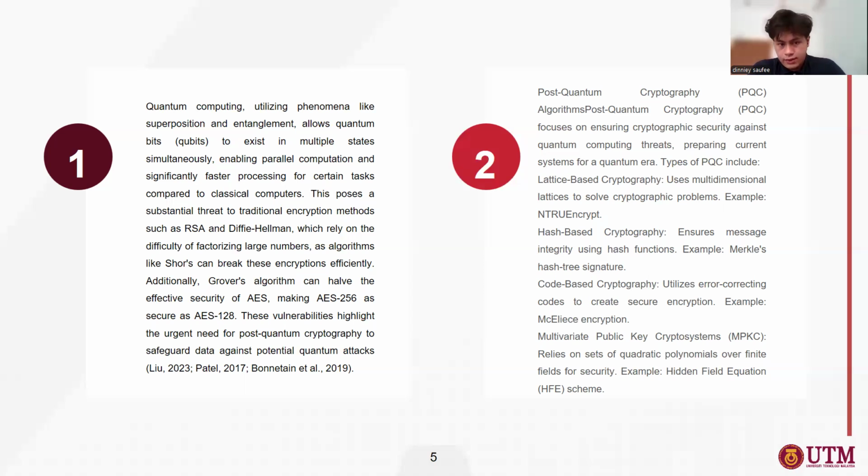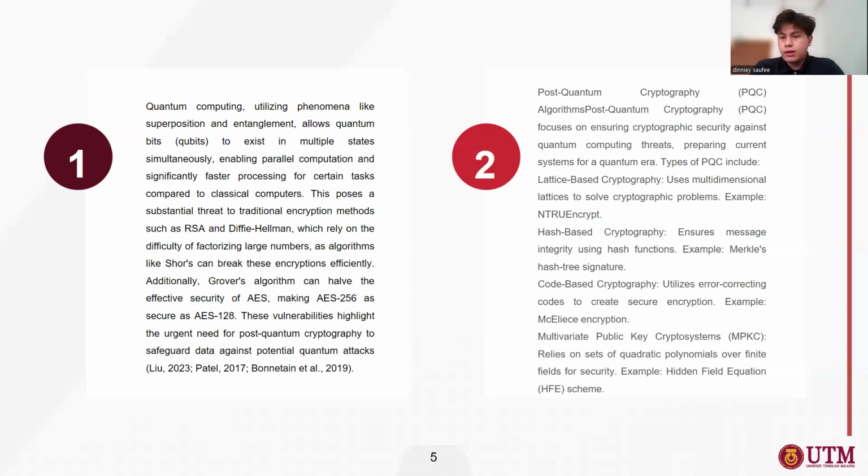So Grover's algorithm can halve the effective security of AES, by reducing it from maybe 256 to 128. So this vulnerability highlights the urgency to have a post-quantum cryptography algorithm that can fight against this potential quantum attack. So PQC, or post-quantum cryptography for short, focuses on ensuring cryptographic security against quantum computing threats, preparing current systems for the